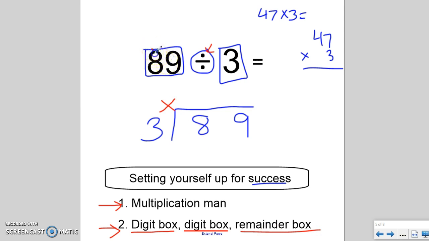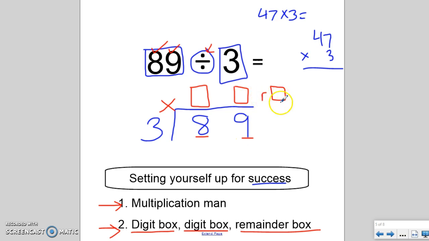What that means is for every digit in the amount we're starting with, so here we have an 8 and we have a 9, our answer, which goes up on the roof of the house, is going to have a digit for each one of those digits. So where I have a digit here, I am going to draw a box directly above it. And that box is a blank space for a digit that'll be in my answer. Digit box. Now I never want to forget to give my remainder as part of the answer because it's part of the answer. So I'm going to have remainder box. So it would sound like this. Digit box,